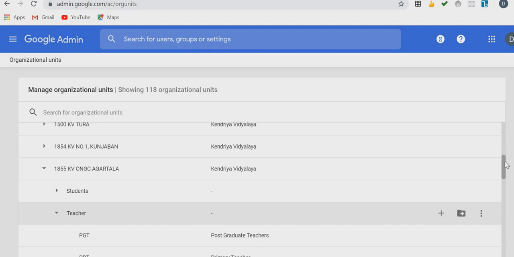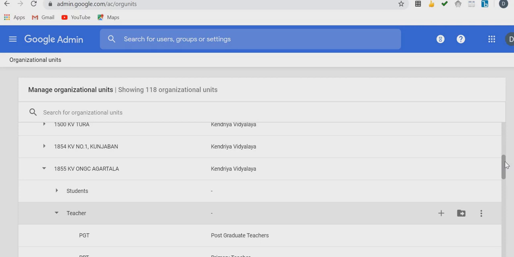Then under the students subfolder you will create other folders for the classes, 1A, 1B, 1C, 1D, like that. And under teachers you will create three folders, PGT, TGT and PRT. And then we will be adding users in the respective classes or respective positions like PGT, TGT and PRT. So that is all about the organizational unit.